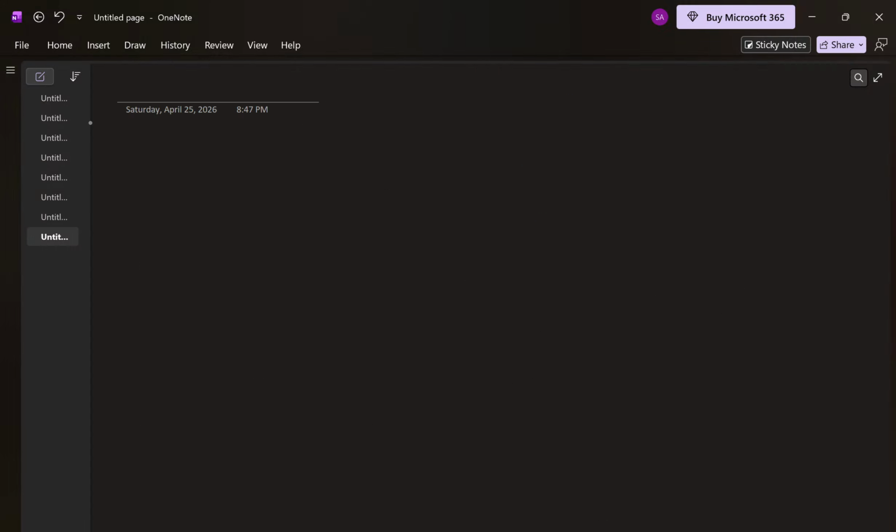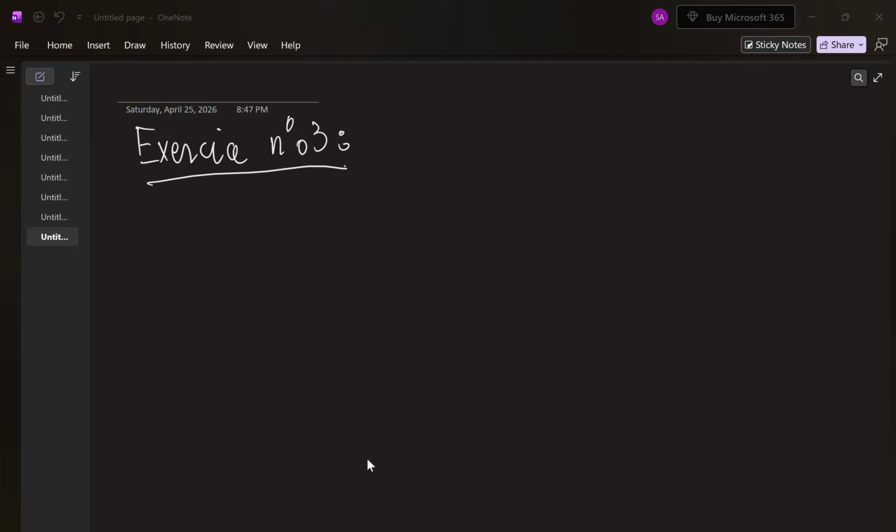Now we go to exercise number 3 of our series of exercises. So, exercise number 3, we have the first equation to solve is 1 minus x squared